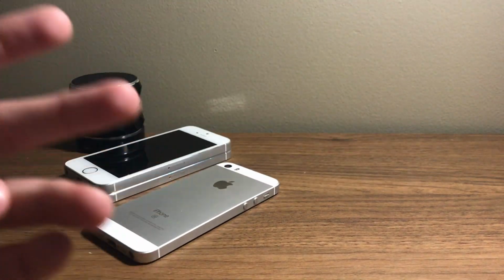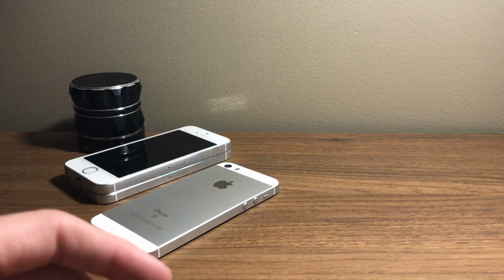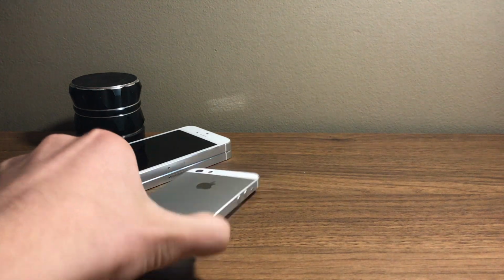Yo guys, Ice Cool Tech here, back with a brand new video. Today we're actually going to be talking about the iPhone SE and how it's been holding up on iOS 13